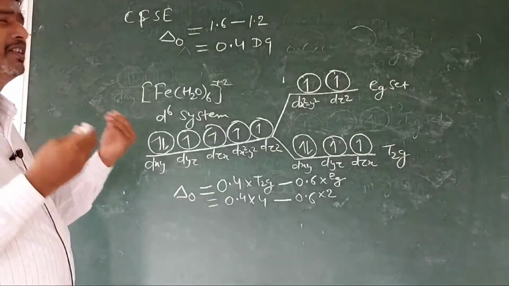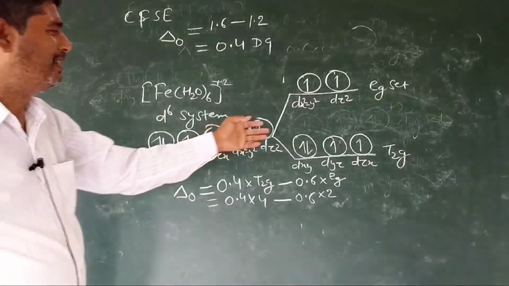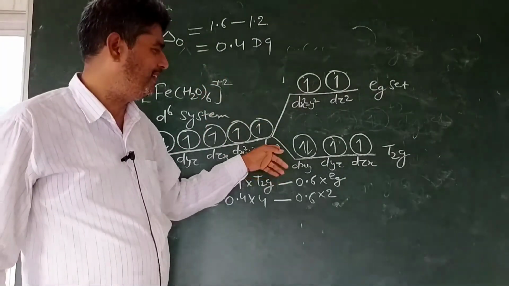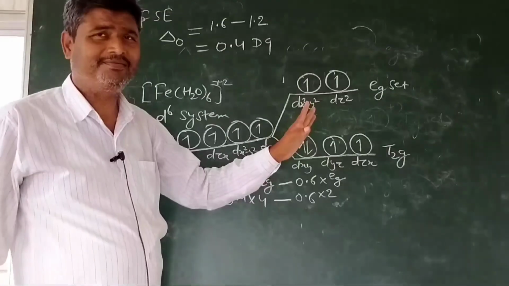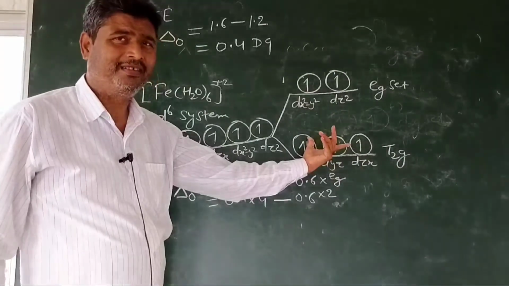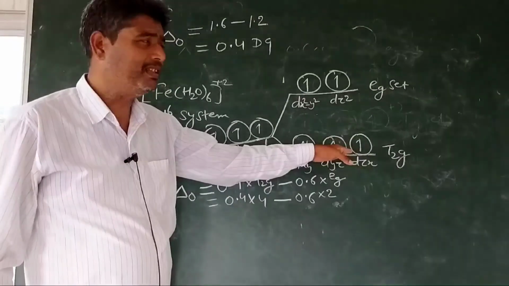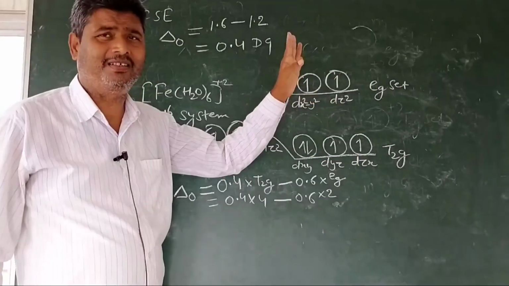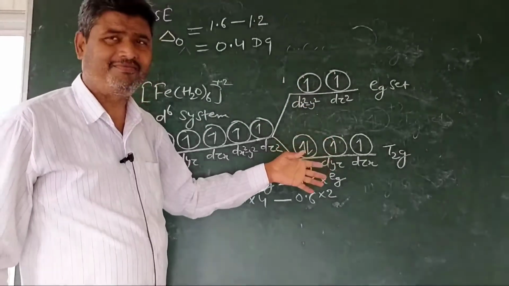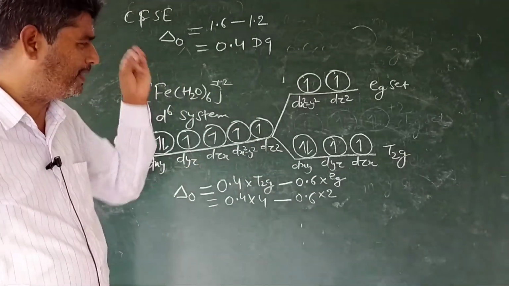So for any octahedral complex, the same sense is developed. You have to mind only the distribution of electrons in these. Initially, electrons enter singly with parallel spin. If the ligand is strong, pairing will start. If the ligand is not strong, pairing will not start, but the remaining electrons will enter the upper level. You have to mind only these distributions. Besides this, there is no trouble, no complexity.